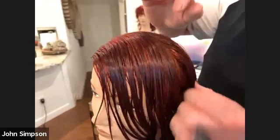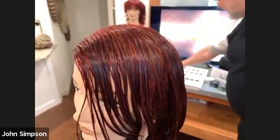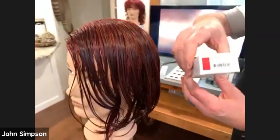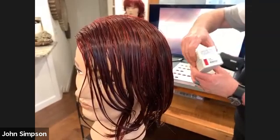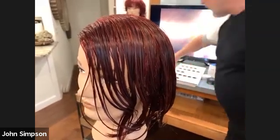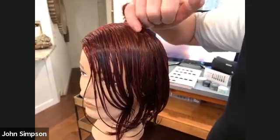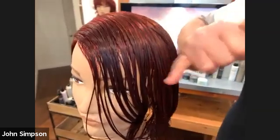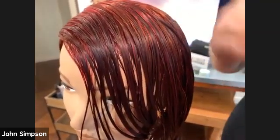Side of the hair. So the base color of this is a really rich red, which is 6-6 in the Ref Permanence, with the red corrector added in. And then the Ref lightener with just 10 volume as a very fine weave that was scattered through the hair. But the difference in this is the toning that was added in, and as the hair dries,